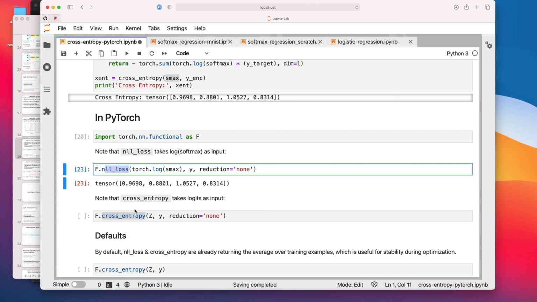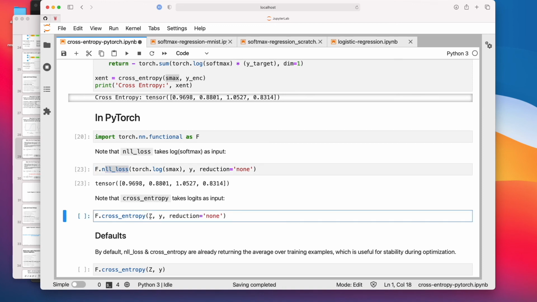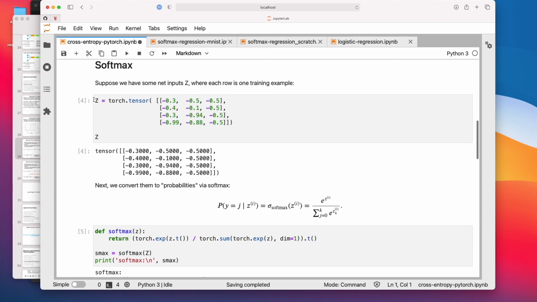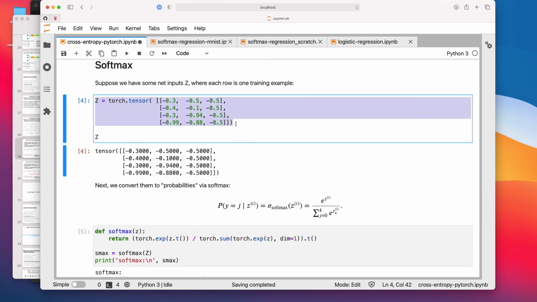But numerically, stability-wise on the computer, the cross entropy one is more stable. And also for this one, really pay attention: it's taking the logits as input. So it's taking our net inputs as input.